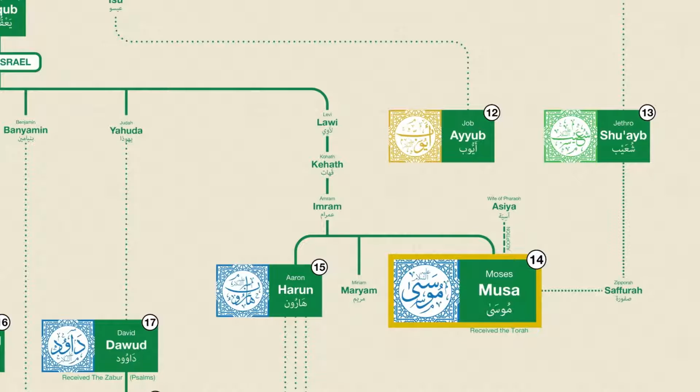And in fact, his name is mentioned in the Quran more than any other prophet, showing up a total of 135 times. Musa and his brother Harun, known in English as Aaron, are primarily associated with the Exodus story. I won't go through that story in this video because most people are already familiar with it. And also, I'll be doing an entire episode on Moses next week.